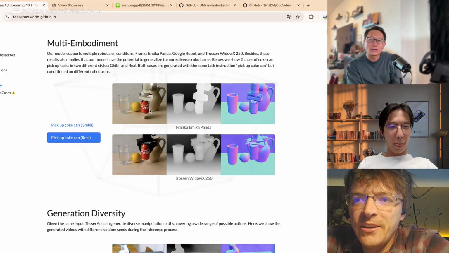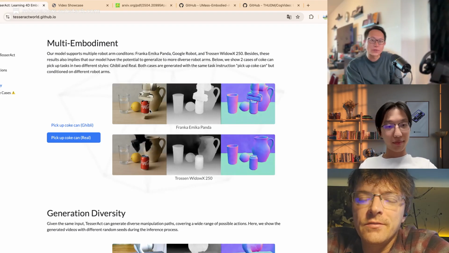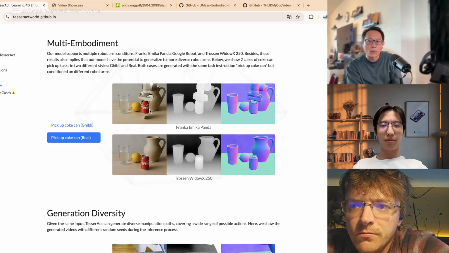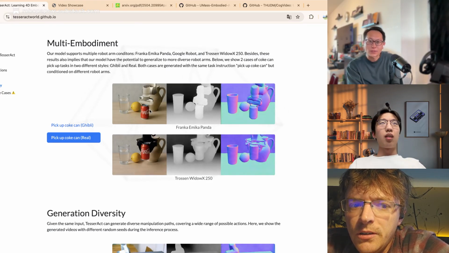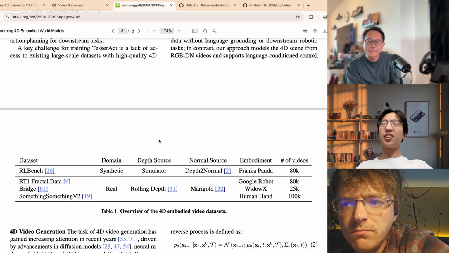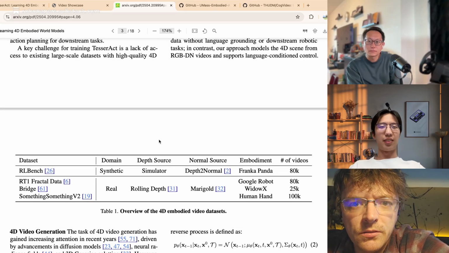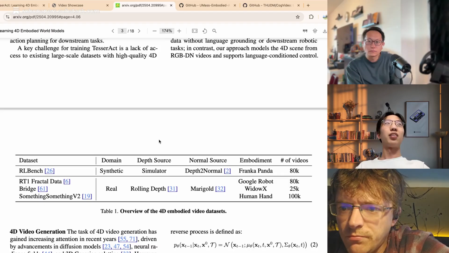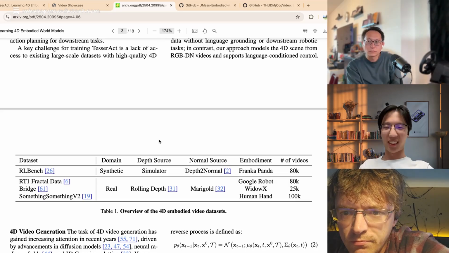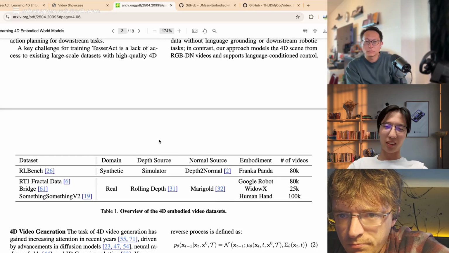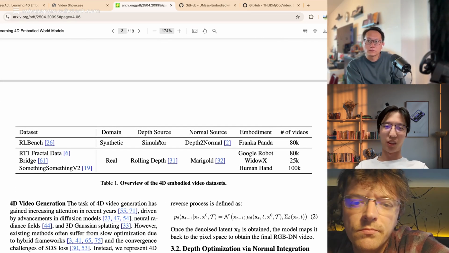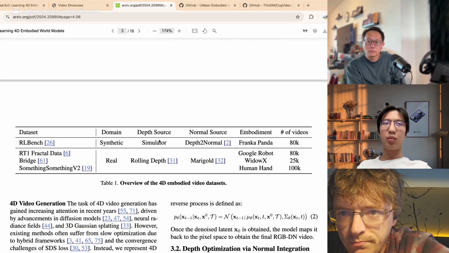I'm curious how much compute is used when you're training this world model? Because as you mentioned, the dataset is not large. Basically, we train our TesserAct model with about 16 A100 GPUs for 3 weeks. Yeah, that's really time consuming and also uses a lot of GPU resources. But this is how we get a pre-trained model.